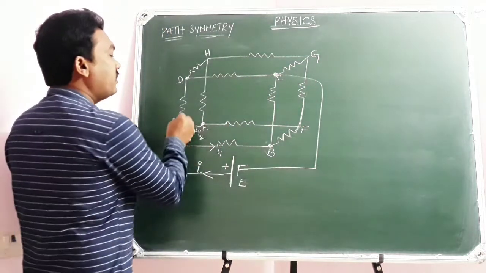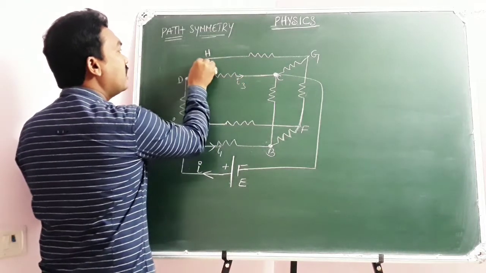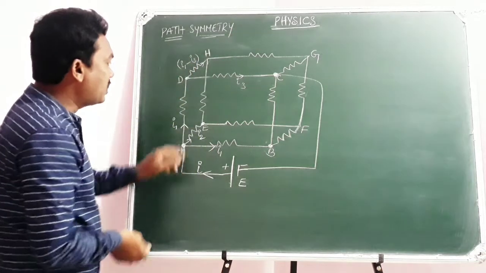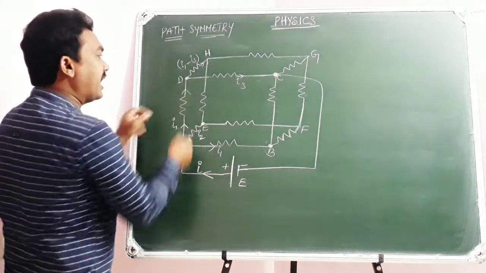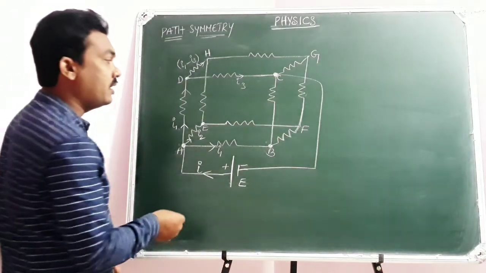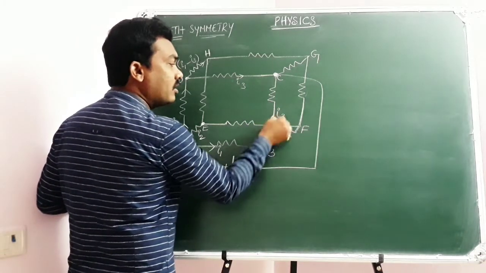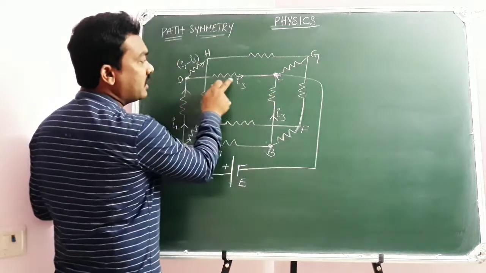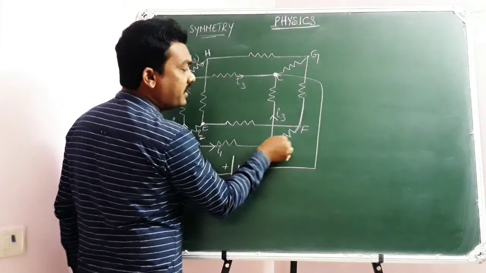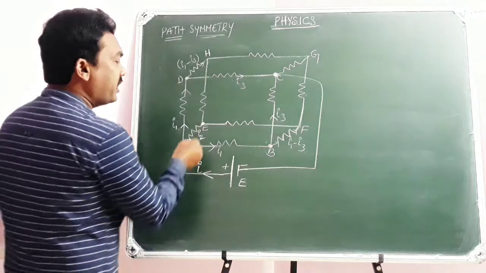That's why, suppose I1 divides at D as I3 along DC and I1 minus I3 along DH. Then the I1 at B also will go as I3 along BC, because there is a single resistor along it, the same as along DC. That similarity we should follow. And along BF there is I1 minus I3. Now come to the point E.